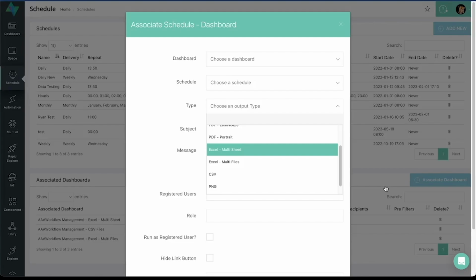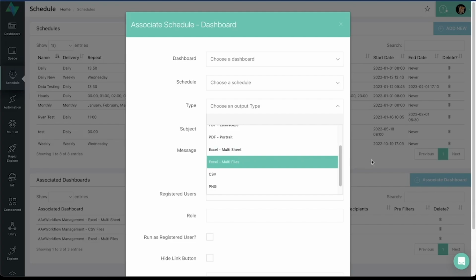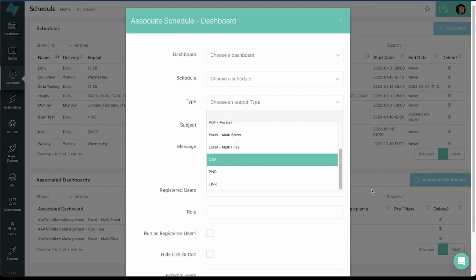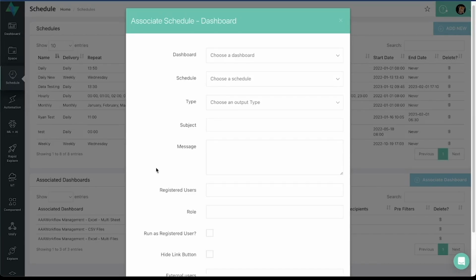Excel multi-files creates multiple Excel files where each Excel file corresponds to the data that builds a widget in your dashboard. The CSV option will create multiple CSV files, each file corresponding to the data that builds a widget inside of your dashboard. Once we've selected one of the formats that we wish to receive, we will need to move